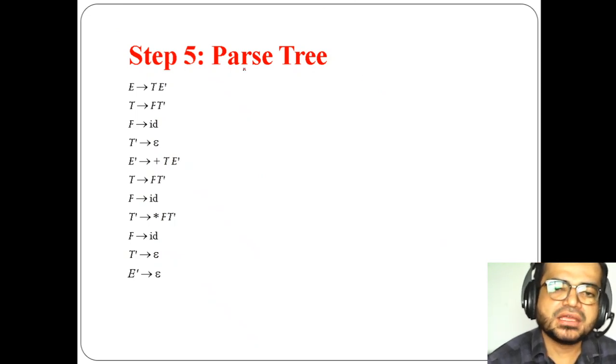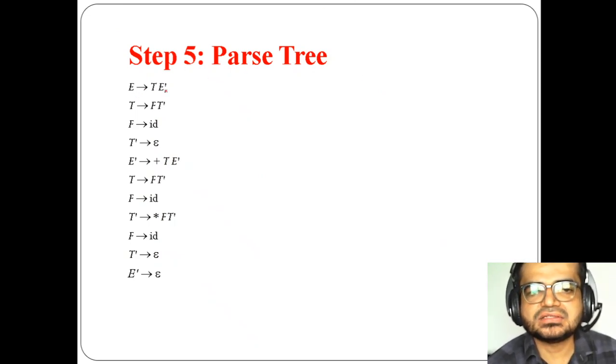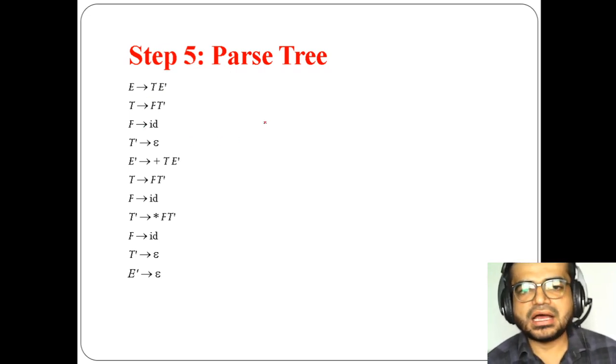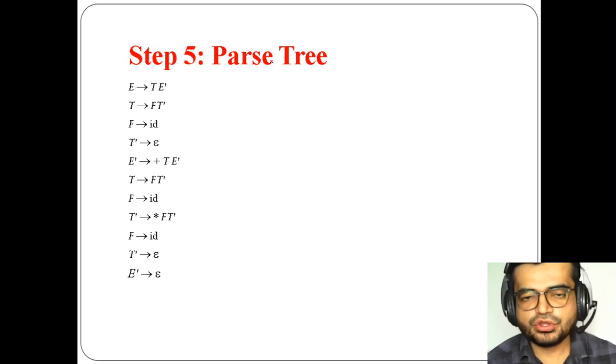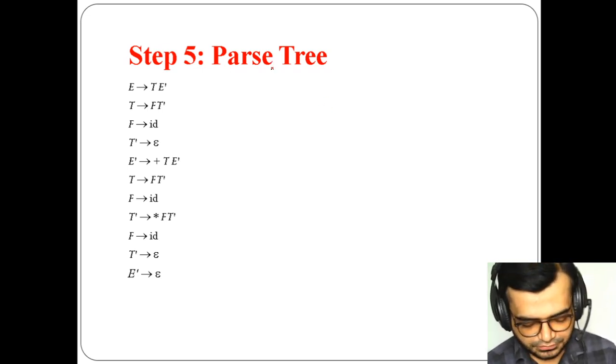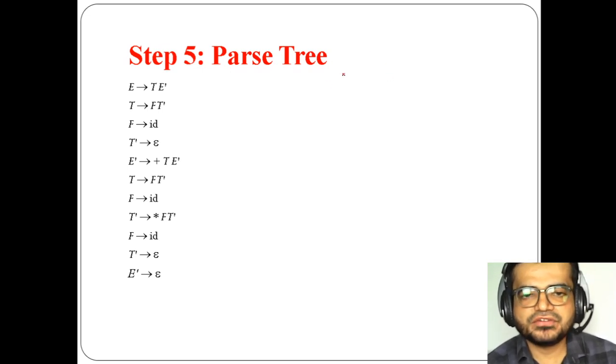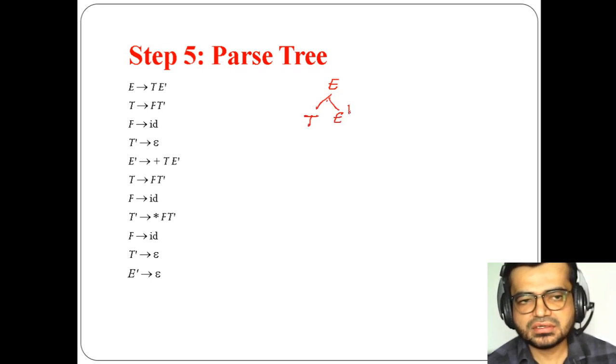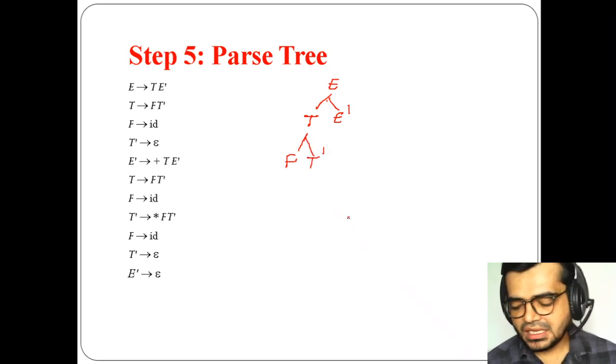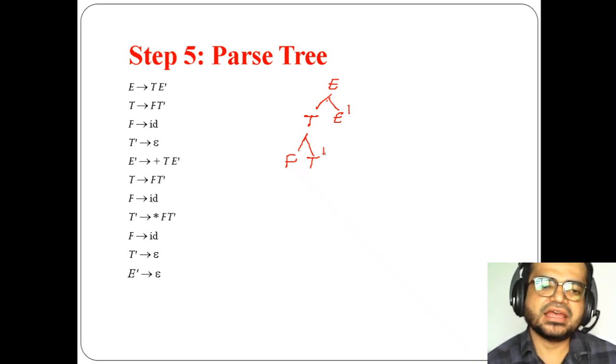So now the productions we have taken need to be obtained here. So this is my step 5. In step 5 I have taken all of these productions. Now I have to draw a parse tree of the given set of productions. So what is the first production here? The first production is E of T E', right? And again for T, what is that? F T', right? And again F. What is F now?